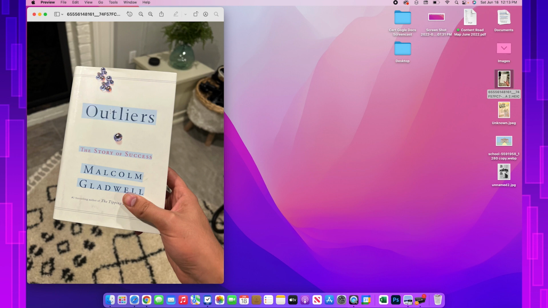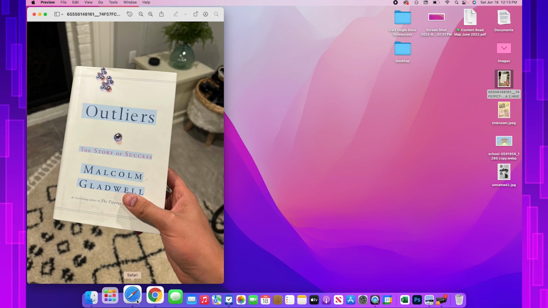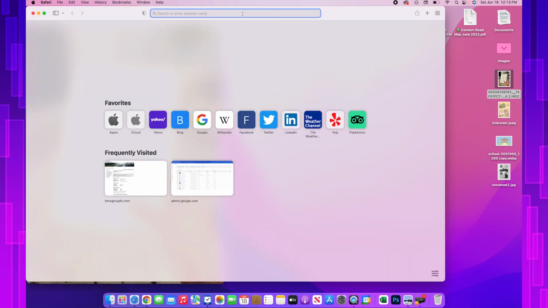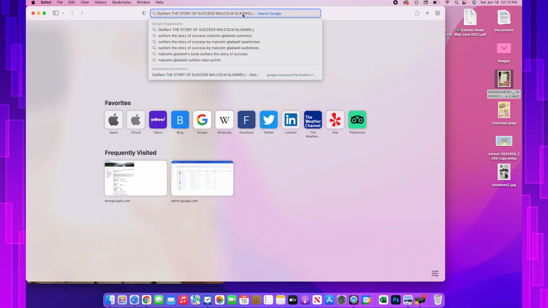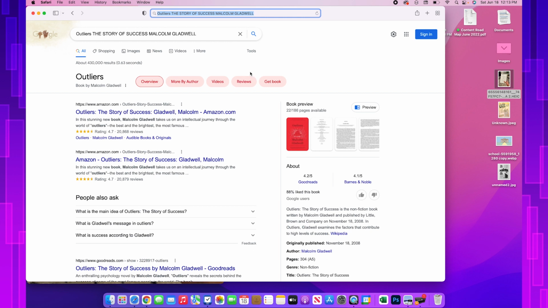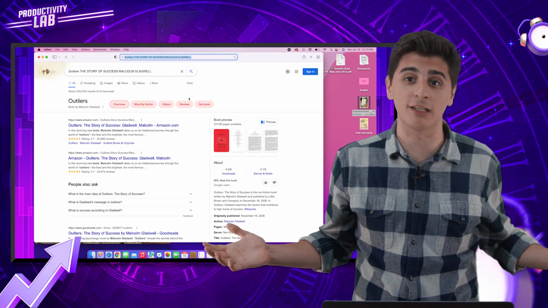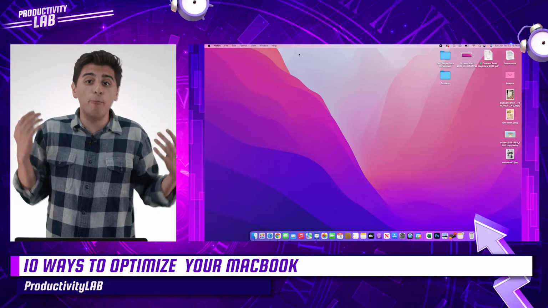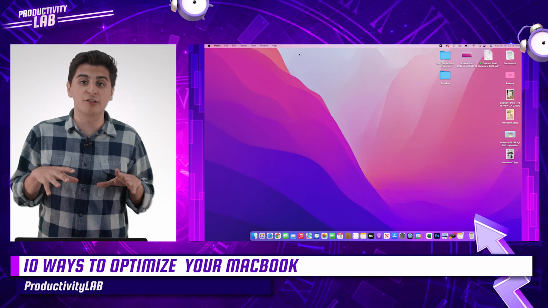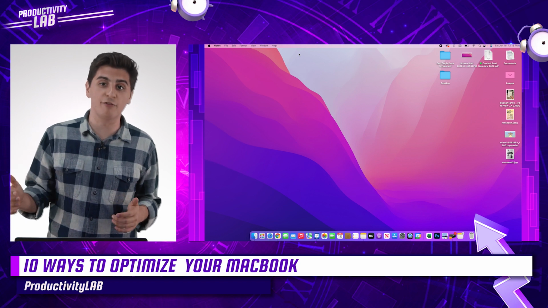Then I'm going to click Command C. And in my Google search, Command V. And now I've got the book open, available to me. And I can go ahead and purchase it. Easy as can be. And finally, the best way that you can optimize your MacBook for productivity and efficiency is